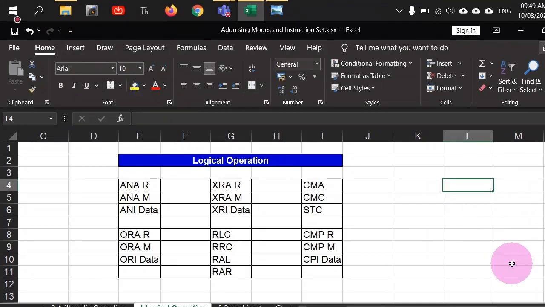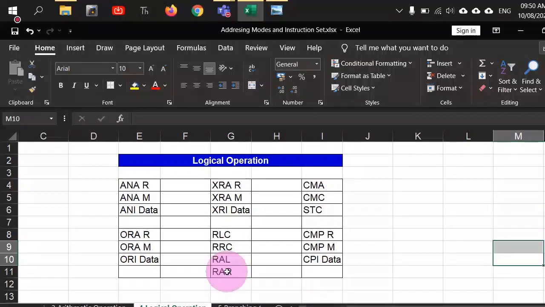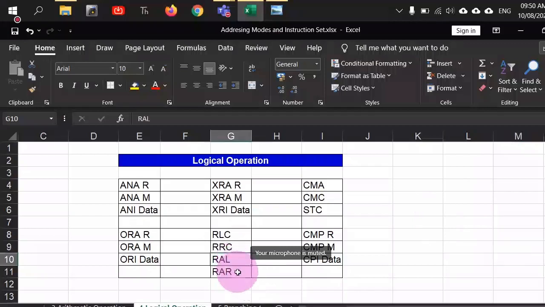Sir, will it be a simple left shift or a circular left shift? As I told you, it is a circular left shift. In the case of any instruction that you have seen here, with or without carry is a different matter. But every instruction will be doing a circular left shift, because whatever is spilled out of the MSB is copied into the carry register, and the carry register's content will come to the least significant bit if you are using RAL or RAR commands.